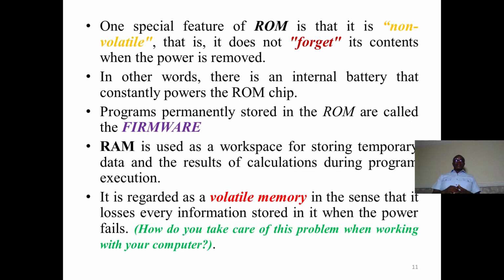On the other hand, RAM, which is the random access memory, is used as a workspace for storing temporary data and the results of calculations during program execution. It is regarded as a volatile memory in the sense that it loses every information stored in it when the power fails. And the question is, how do you take care of this problem when working with your computer so that your